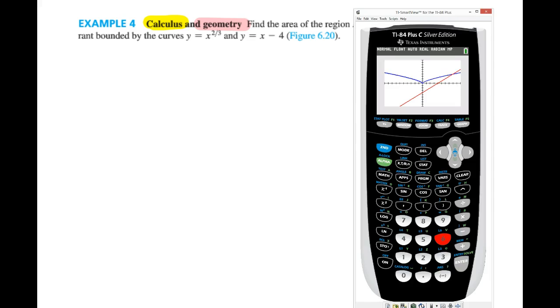So the first method, let's graph the function, and then the direction said I'm only interested in the first quadrant. So I'm going to calculate the point of intersection on my calculator by identifying the blue curve, the red curve, and then my guess is over here around 5, 6, 7, looks like it's 8. So